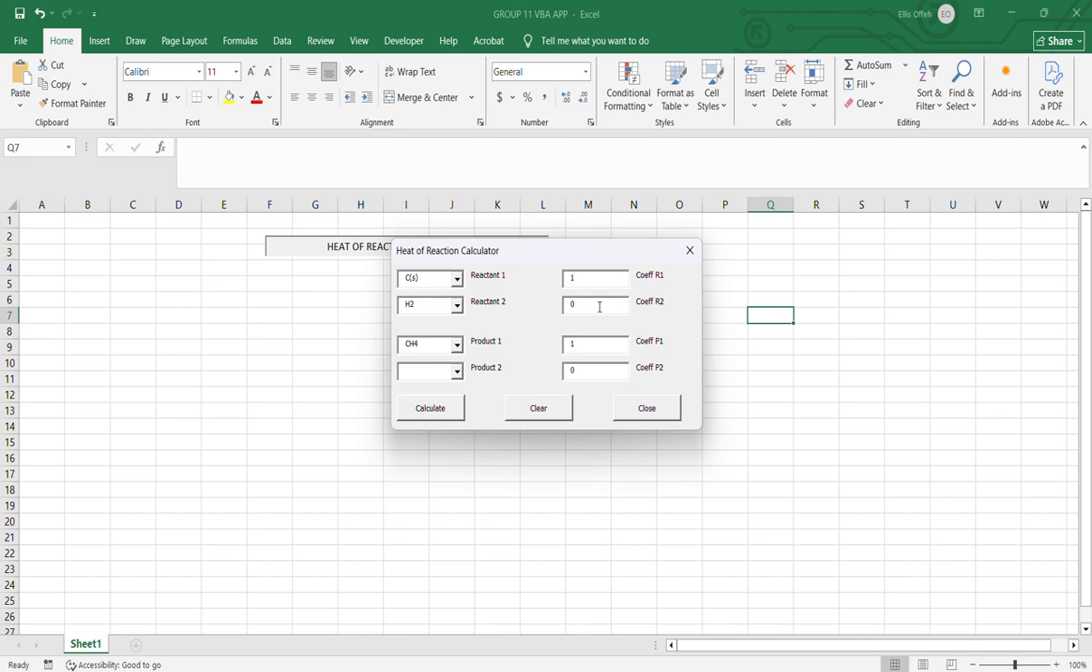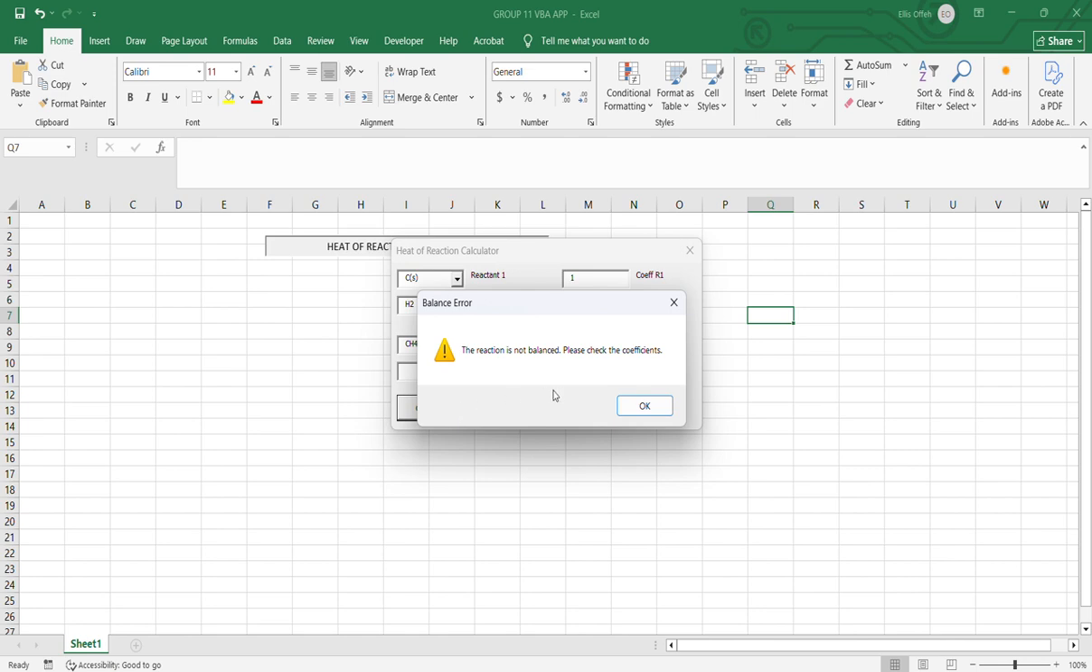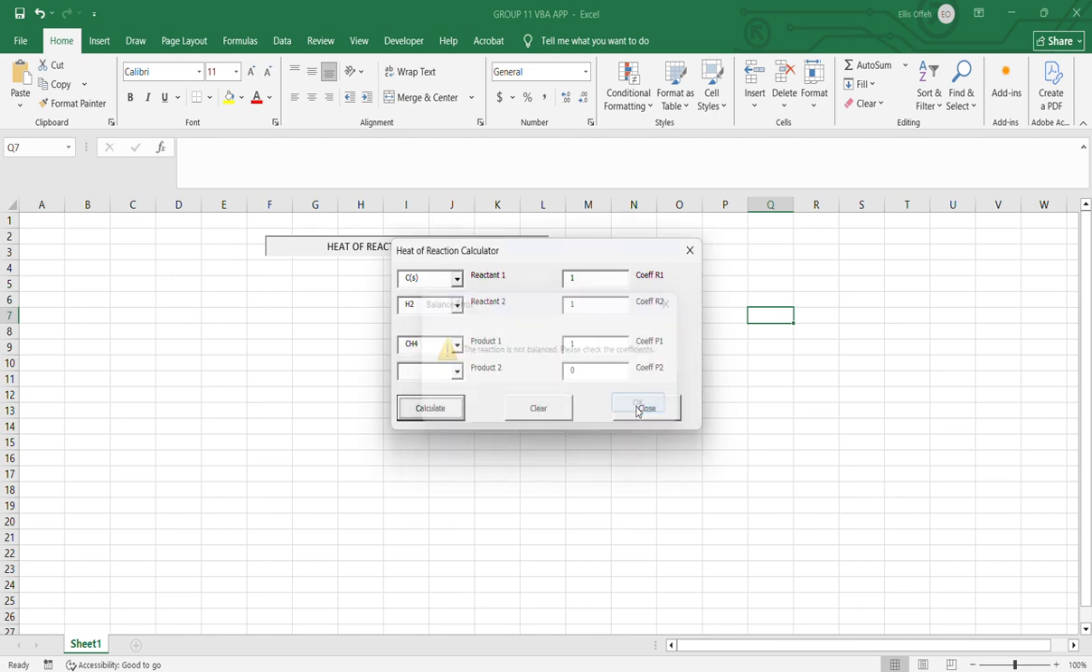So let me try and change it to 1 and see what happens. So you change it to 1, and then you click on calculate. See that it shows you that the reaction is not balanced, which was the first thing that you're supposed to check for every reaction. So you click OK, and then now you can change it. When you look at this particular equation, you realize that the H2 is supposed to have a coefficient of 2 instead of 1, which would yield the CH4 as your product. So let's change it to 2,